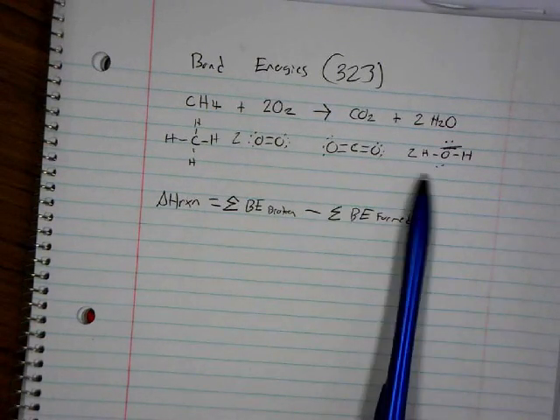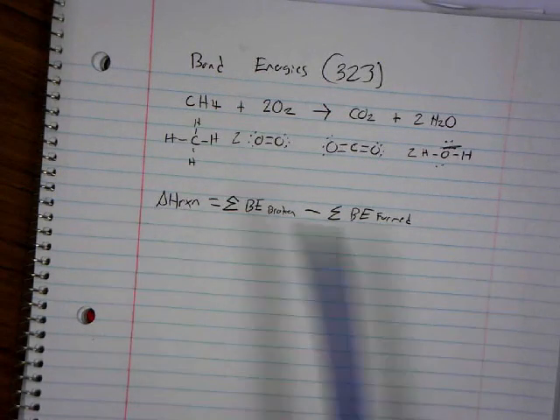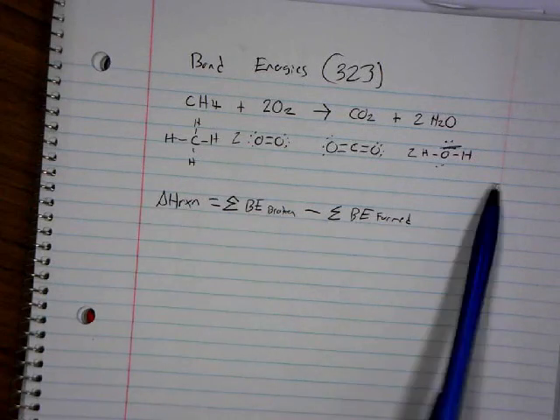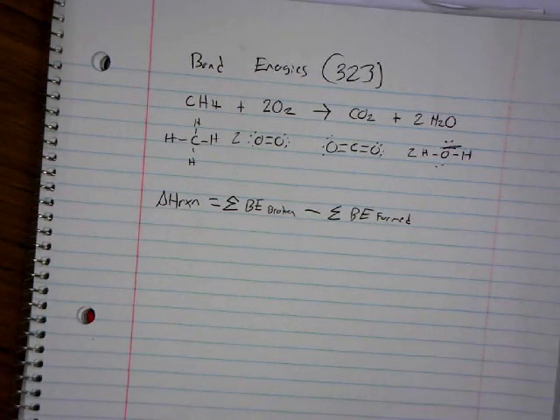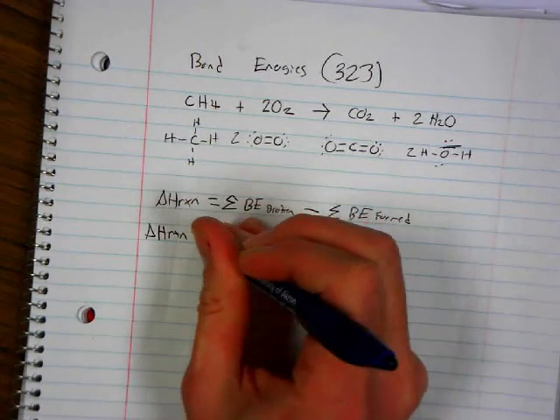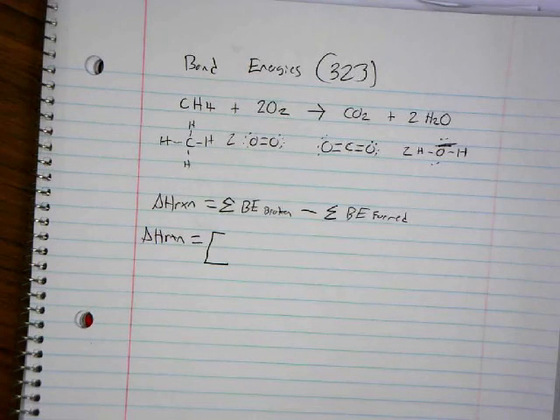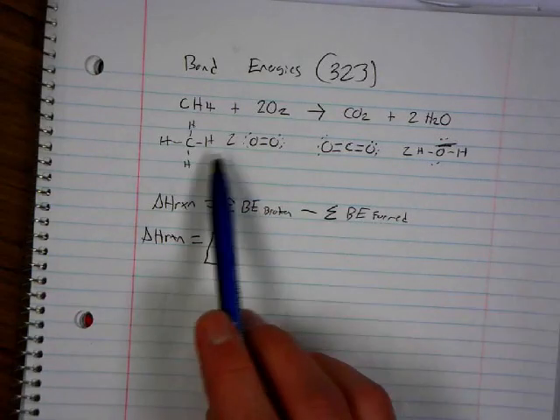Where am I breaking the bonds? I'm going to break the bonds in the reactants, agreed? And I'm going to be forming bonds in the products. So this is actually the opposite of what we've been doing. So bonds broken minus bonds formed. So here we go. Let's just work through this. So delta H of the reaction is equal to,